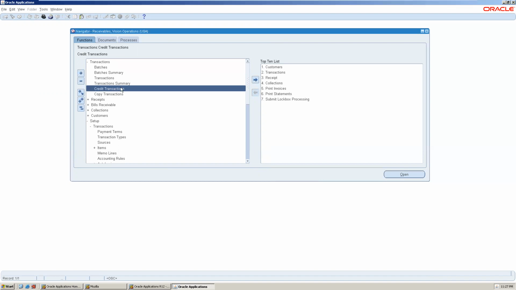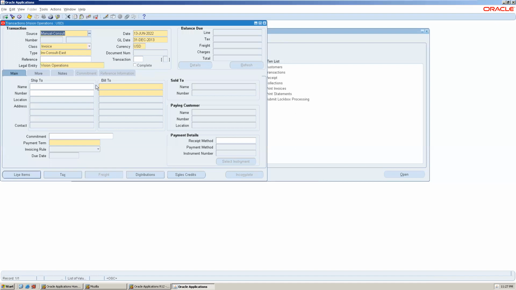What is credit transaction? Credit. And also you can copy number of transaction. Suppose